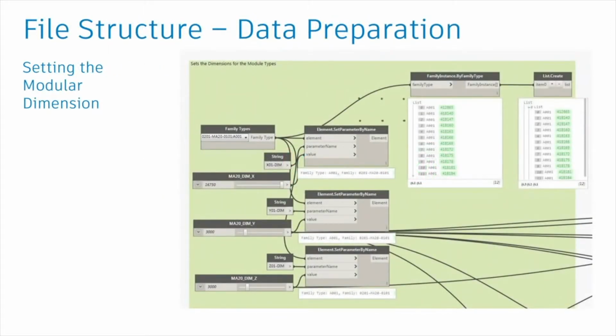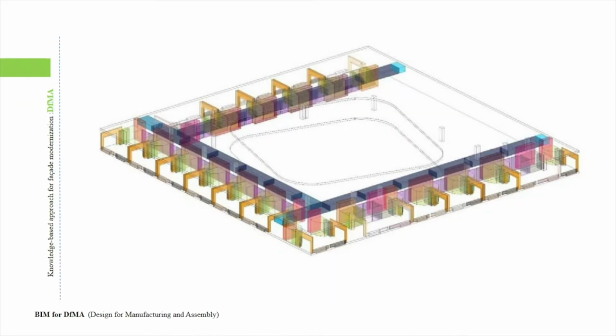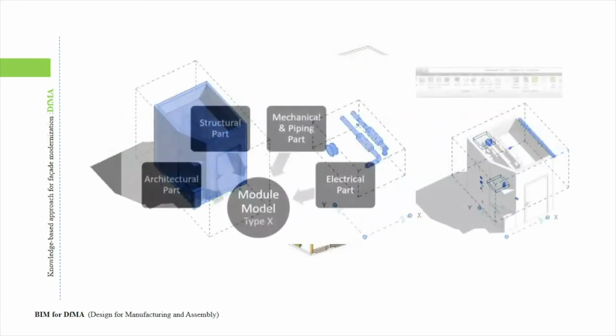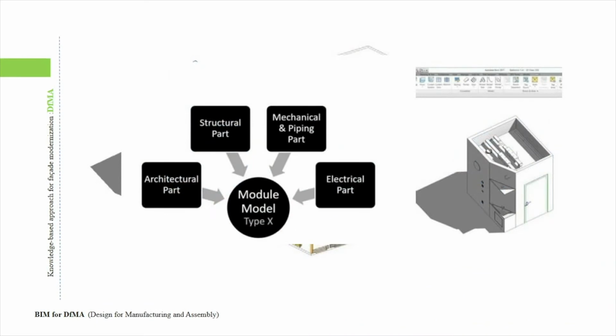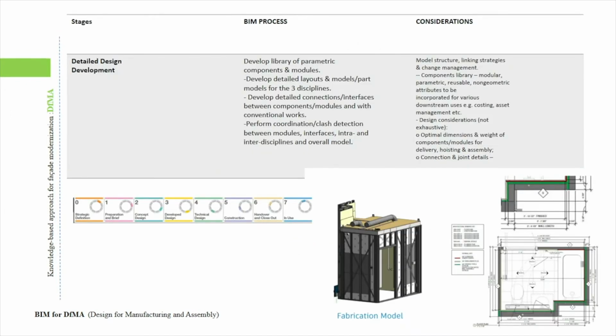And different file types will be defined. For example, these types of placeholder for conceptual phase, or this one, the isolated model for each discipline, or the module model, or isolated model, discipline model, and different types of model. I mean, a strategy for development of this model will be defined at the stage of concept, and